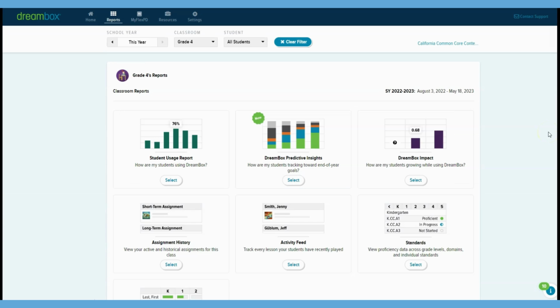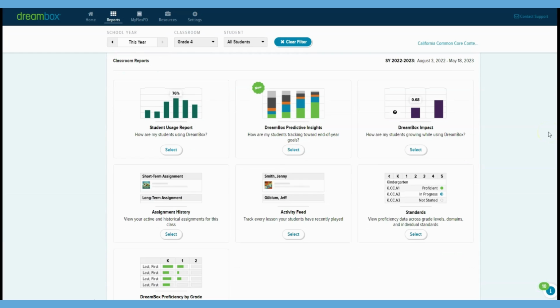There is far more information here really that we can dig into, but the probably two best recommendations I would suggest, one and first and foremost might be the usage report, just to get an idea of what we're doing, and then the next one would probably be the assignment history for those of you that are creating assignments, so you can get a good idea of how have they performed, where are they currently at, and also if you wanted to remove an assignment, that's where you would